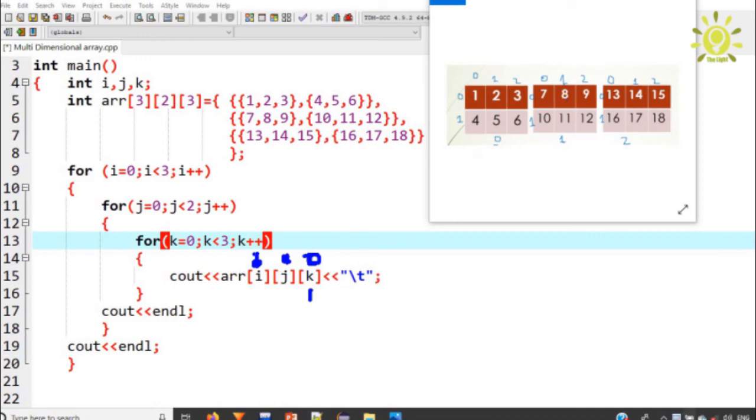So again increment process k plus plus, so that increases the value by 1. So 2 is less than 3. So you can see that condition will be true. So i, j and k, so k will be changed into 2. So 1 0 and 2, 1 dimension, 0 row and 2 columns. So 9 will be printed on the screen. This process executes until the condition will be false and all the dimensions will be printed on the screen.